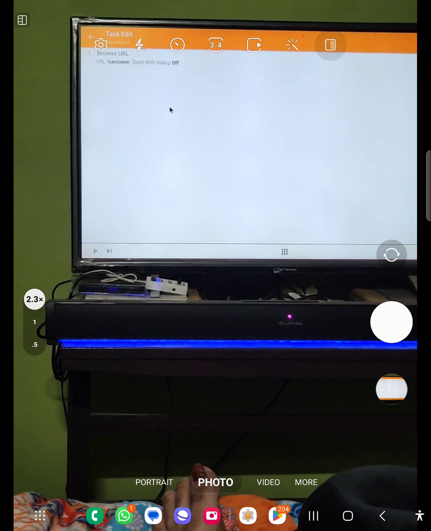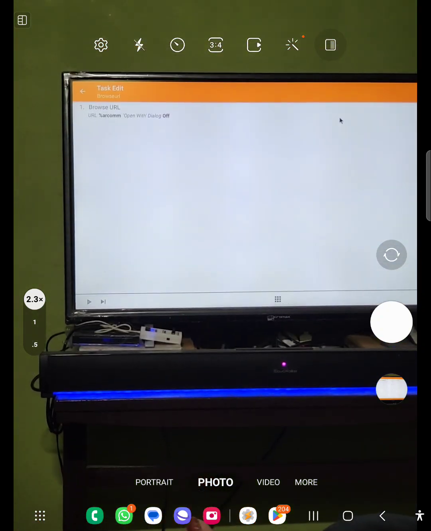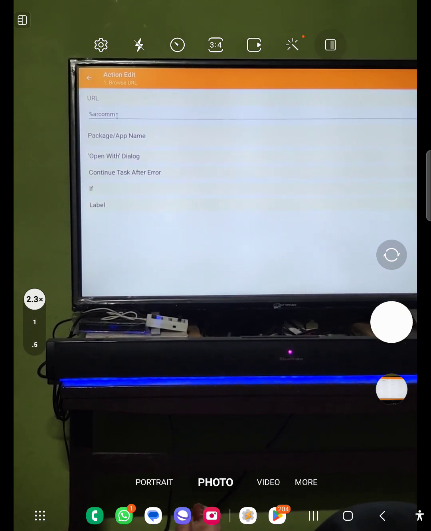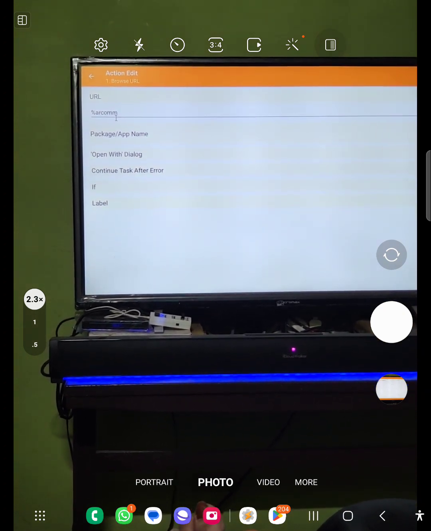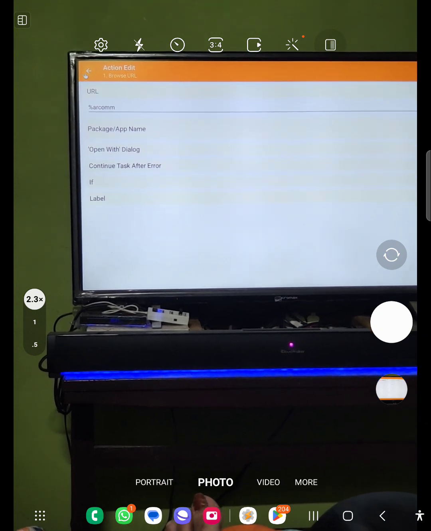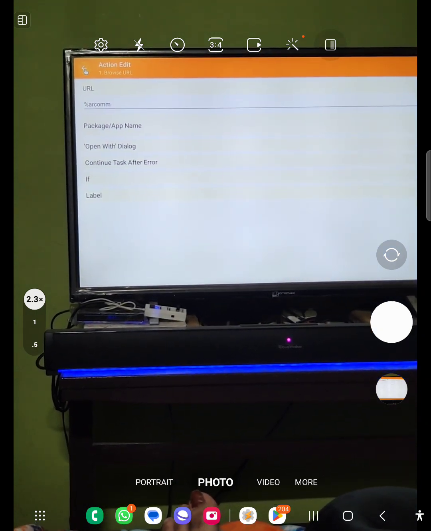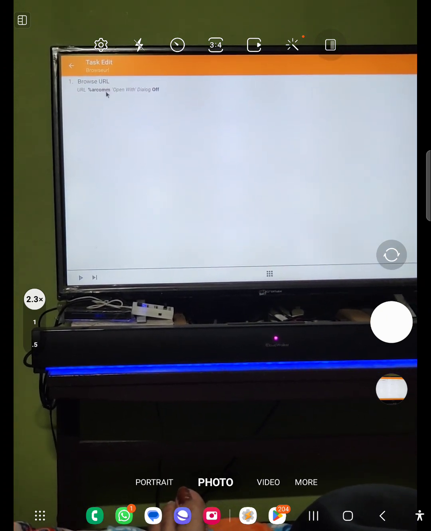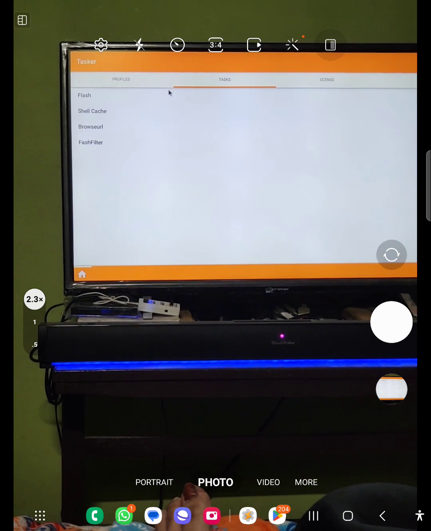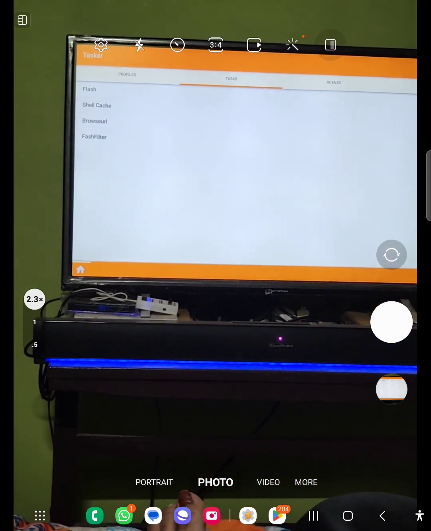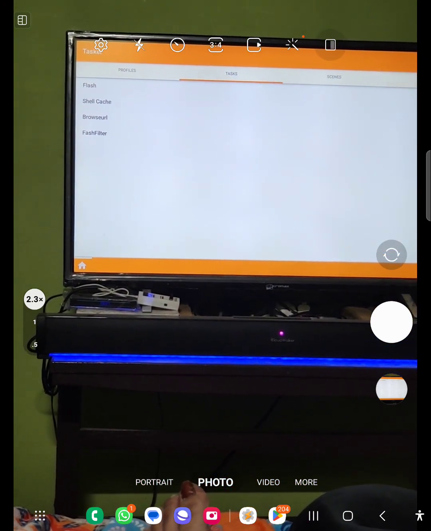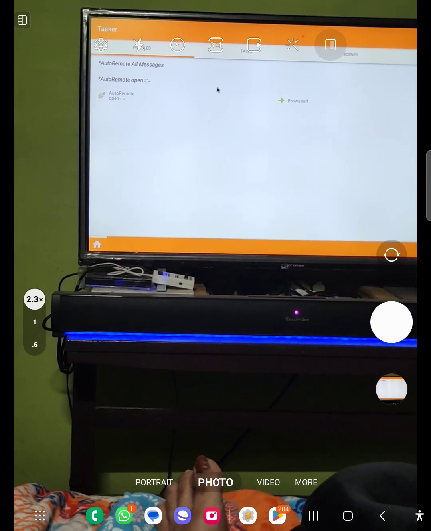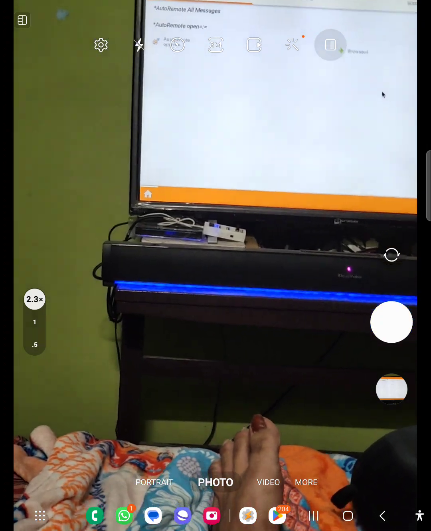If I go to browse URL, you can see what I'm using is AR.com as a URL. Whatever the message is, it should be a URL. Whatever the message will be, it will be added here and it is going to browse the URL. So let's just get back. It is there, so you don't need to do anything, and I will just create a task